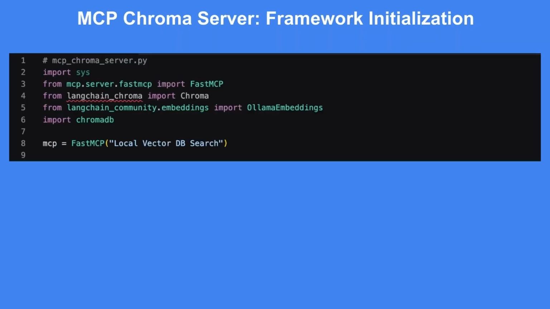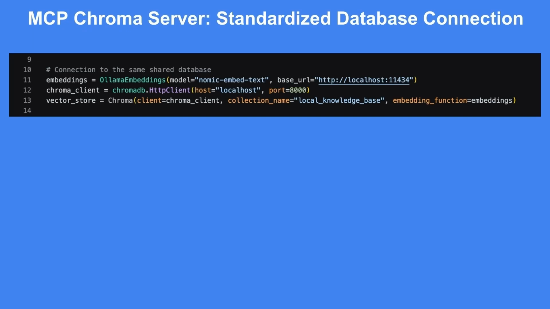Now let us review the MCP Chroma server script. FastMCP instance setup. The script instantiates an MCP Model Context Protocol server named Local Vector DB Search using the FastMCP framework. This acts as the bridge that allows Claude Desktop to recognize and call local custom tools. Embedding model configuration. It connects to the same local Ollama instance,